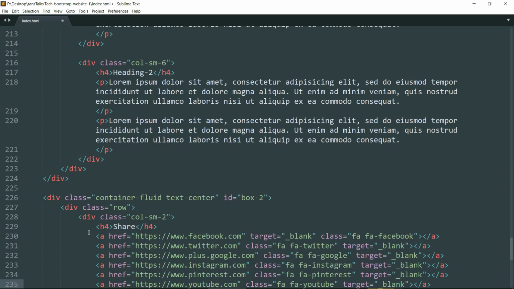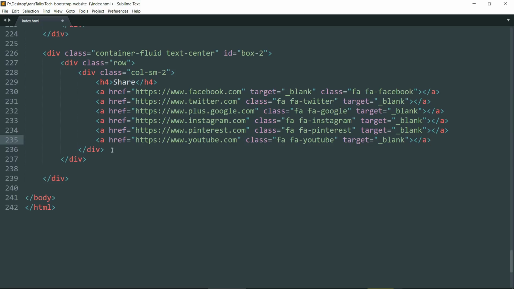Okay, close the tag, close div tag. Now drop down below and create a new div tag with class col hyphen sm hyphen 6.